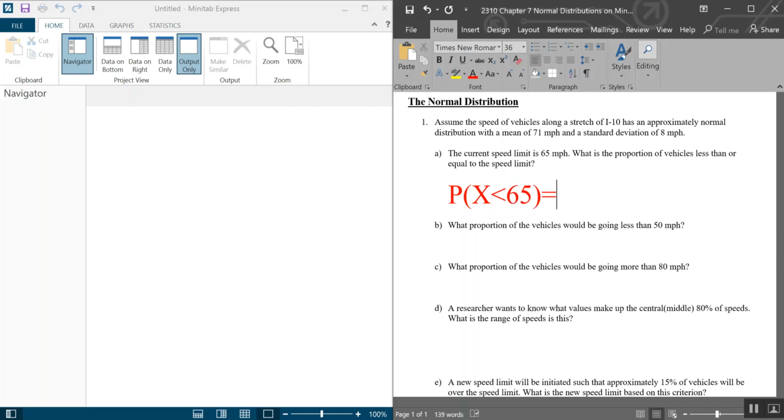Now, if you're looking at this and thinking, well, is this less than or equal to? Remember, with the normal distribution, that actually doesn't matter since it's continuous. And this is the big difference between it and the binomial and the geometric. In the binomial and the geometric, your variable is counting something, and they're ones that can't have parts. So when I mean that, I mean when you look back at the example video from Chapter 6, we were